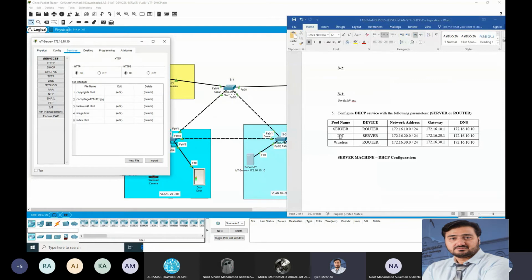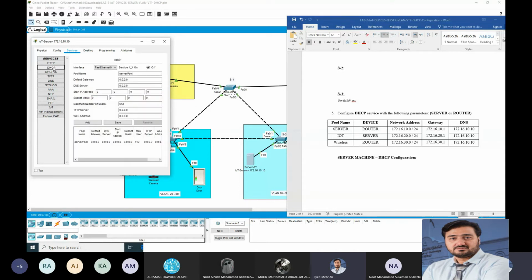We need to create 3 pools: server pool, IoT pool, and wireless pool. Click on the DHCP, so the pool is here. No need to go to the server, because the server we will assign static. So we need to create 2 pools, IoT and wireless. For IoT we will just configure IoT, and the default gateway is